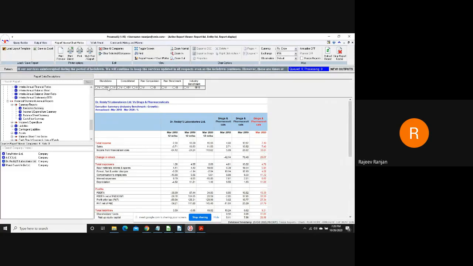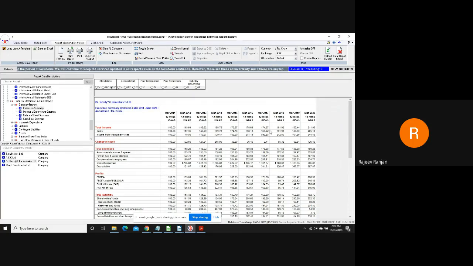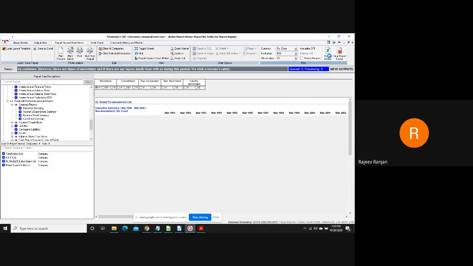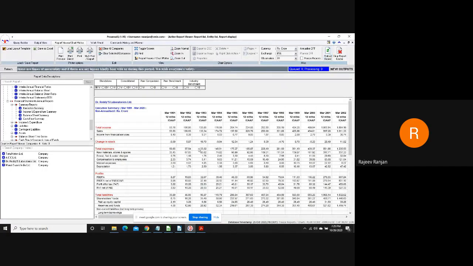So the tabulations are the same here, like GY, IY. IY is a very interesting thing which gives you the index number. In fact, let me show you the value also. Now, by default, this report gives you the data for 10 years, but you have an option to look at this data for 20 years, 30 years. You can come here to the default section and increase the sample size. So if I say the number of observations for this company should be 30 years, I can simply click on refresh report. So this data will start from 30 years.